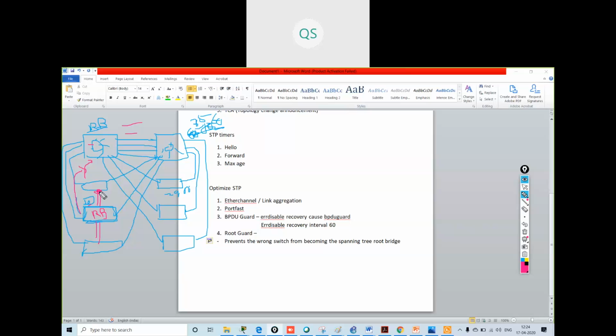We configure root guard and say: if you receive a BPDU message with higher priority or higher bridge ID, you have to stop it over here only. So the BPDU messages will be dropped over here. It will not reach the core layer switch.